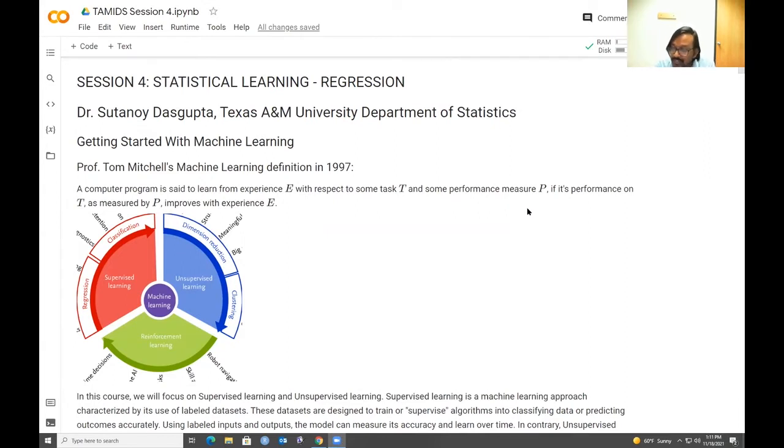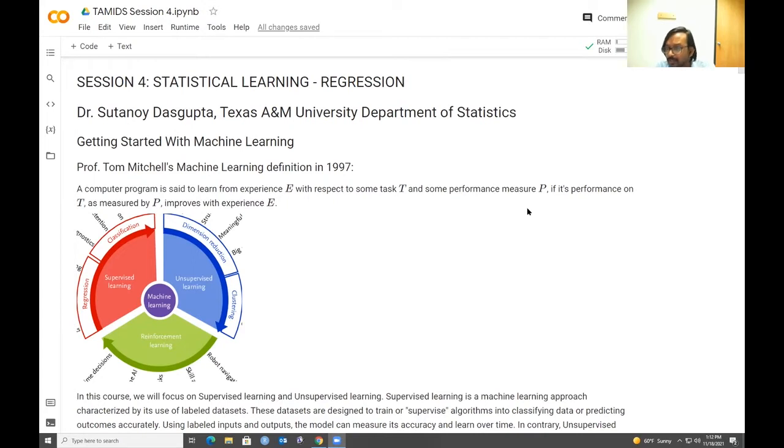And I let the machine identify the patterns by itself, so that as the machine gains more experience, that means as it's exposed to more and more images of dogs and more images of cats, the machine can identify the underlying patterns itself and be able to differentiate an image of a cat from the image of a dog. This is the machine learning version of learning from experience and being able to perform better. That means being able to differentiate between the image of a dog versus the image of a cat better.